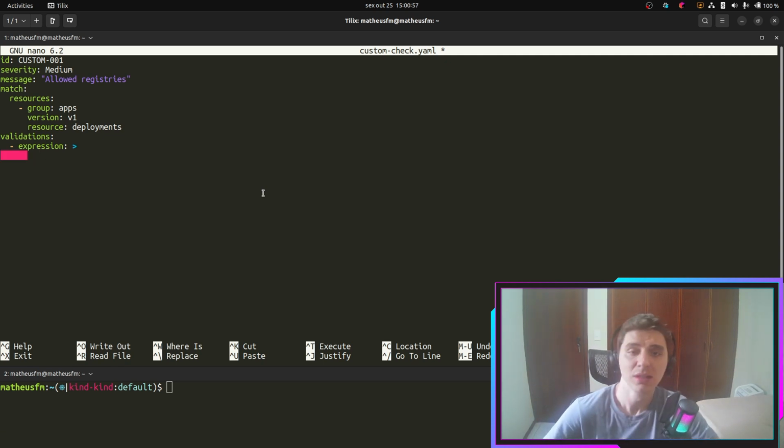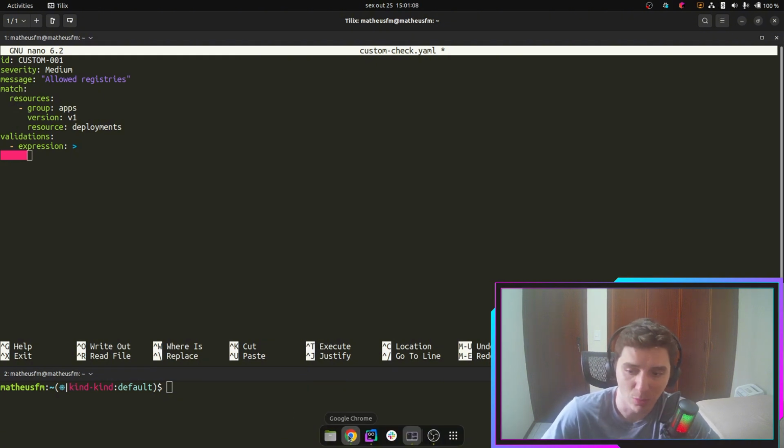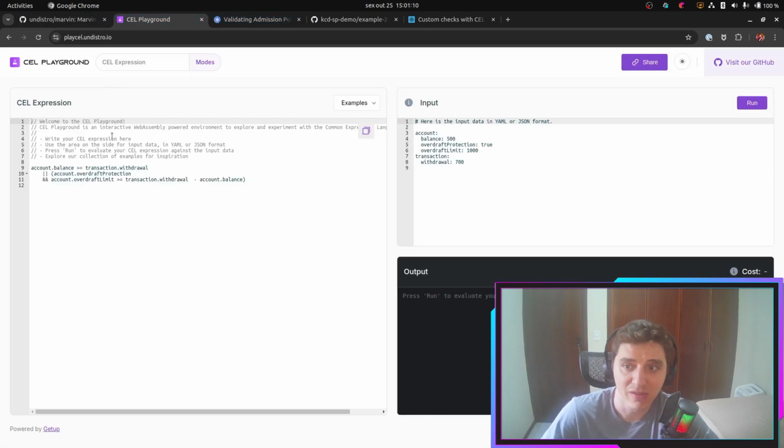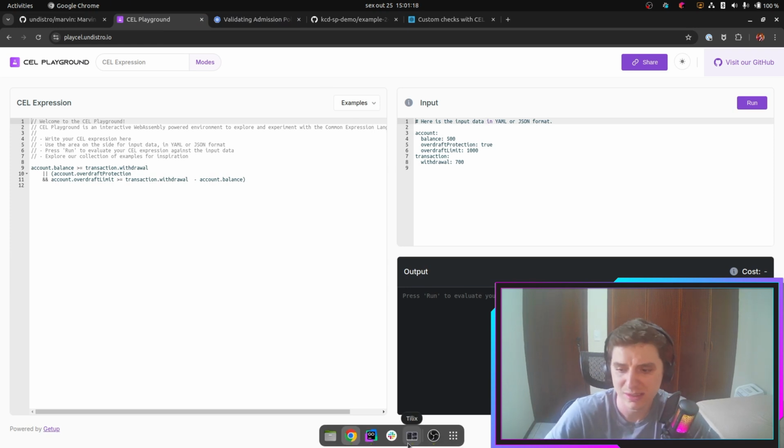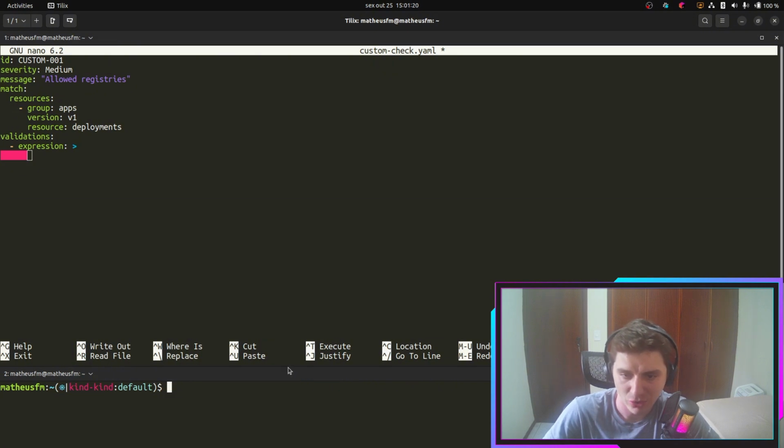Let's go. For this, let's use another open source project maintained by Getup. It's the CEL Playground. Kevin already introduced the CEL Playground a few meetings ago. So let's use CEL Playground for this, right? I forgot to show